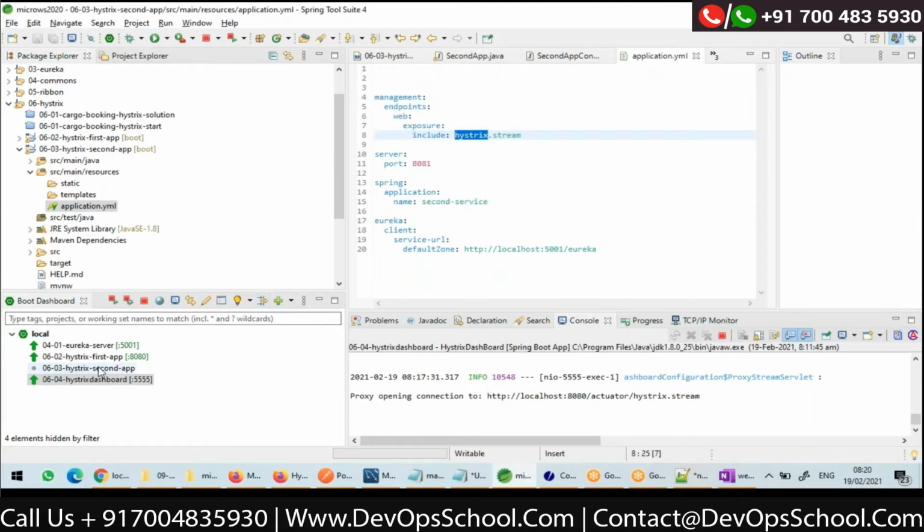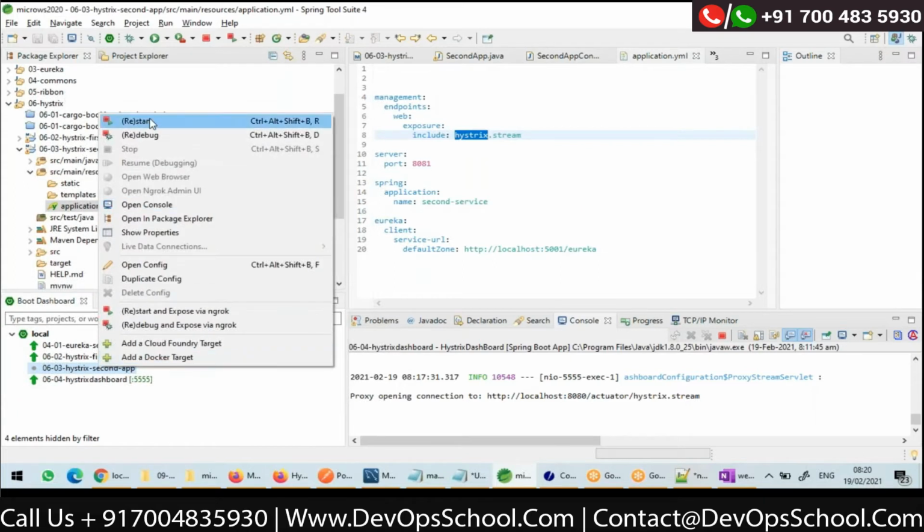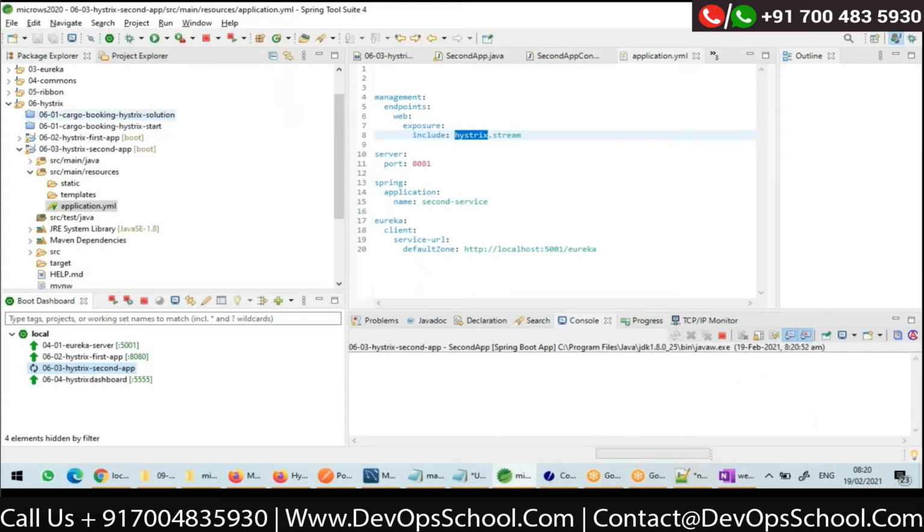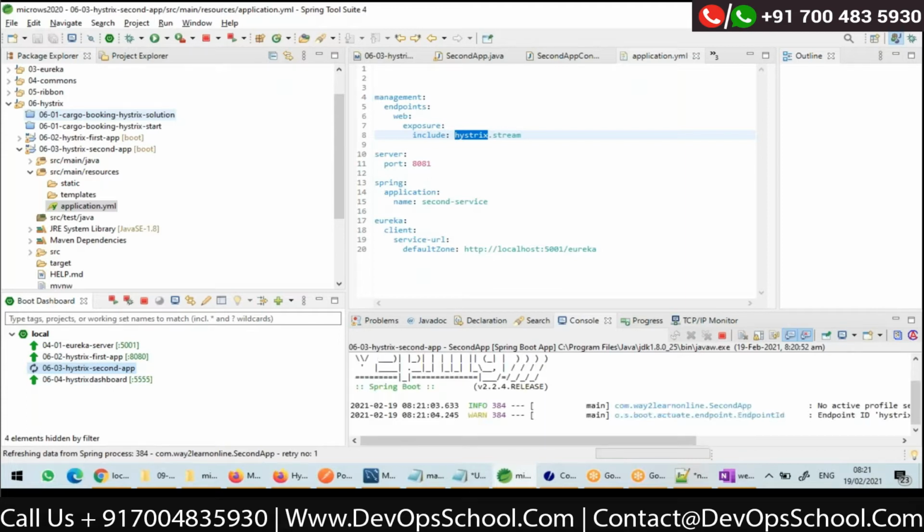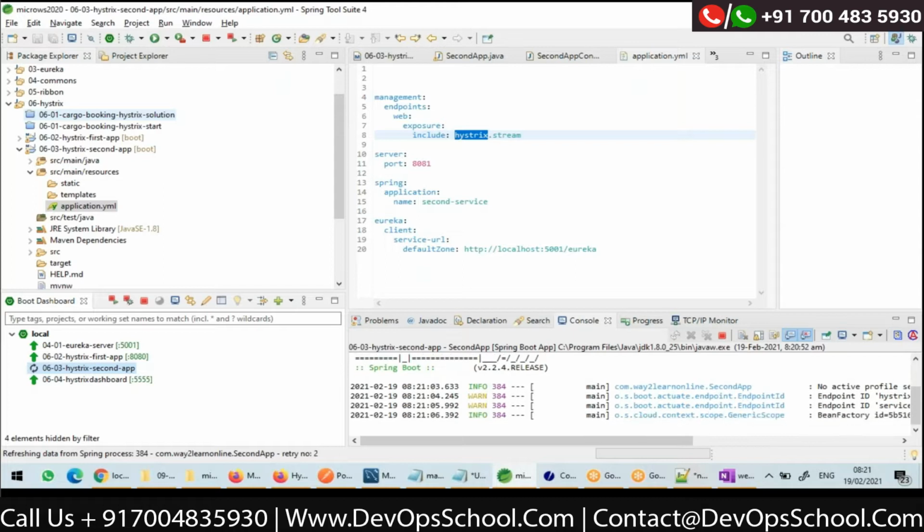Right. Now let me start this second app also. Now I want to monitor the status of circuits in both the applications. Let us see how it is possible.